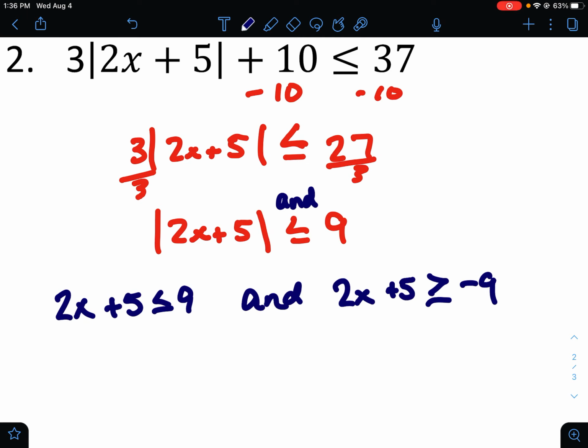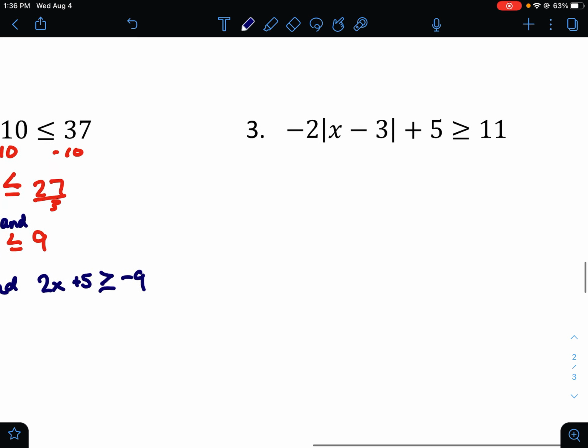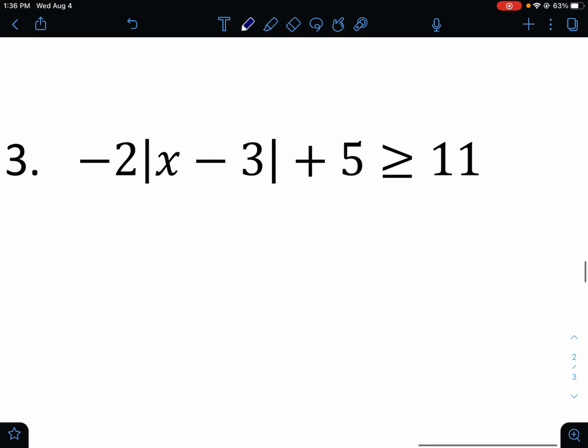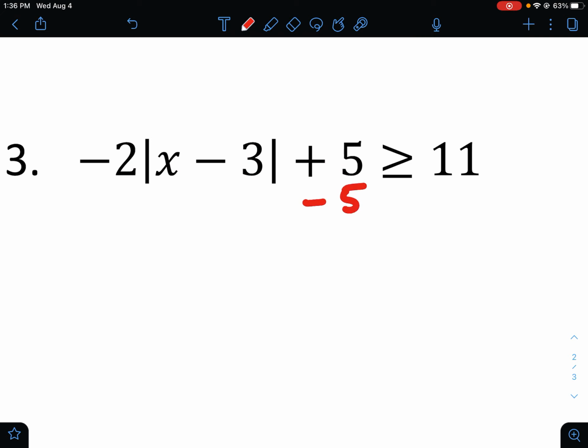And then you solve. Okay, so I'm not going to do that again. You guys can kind of get the idea there. So here, the reason why I want to show you this one is because when we do this,